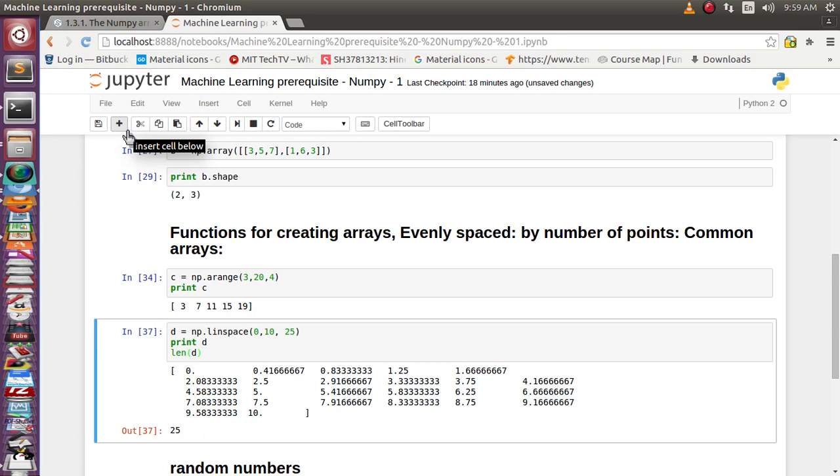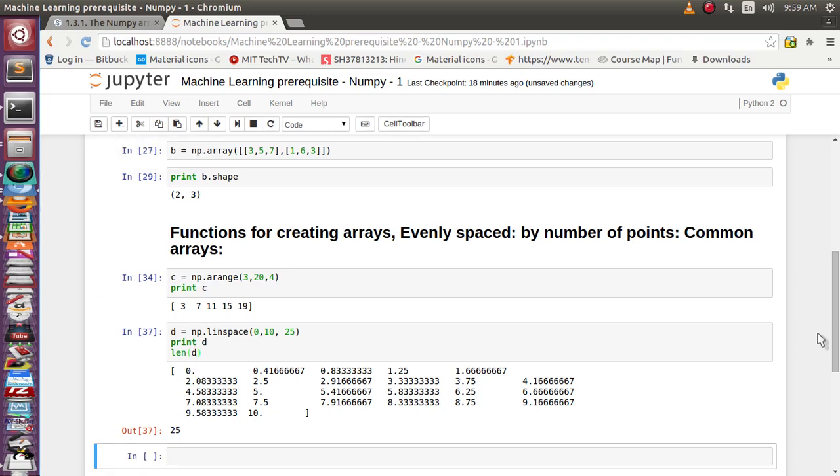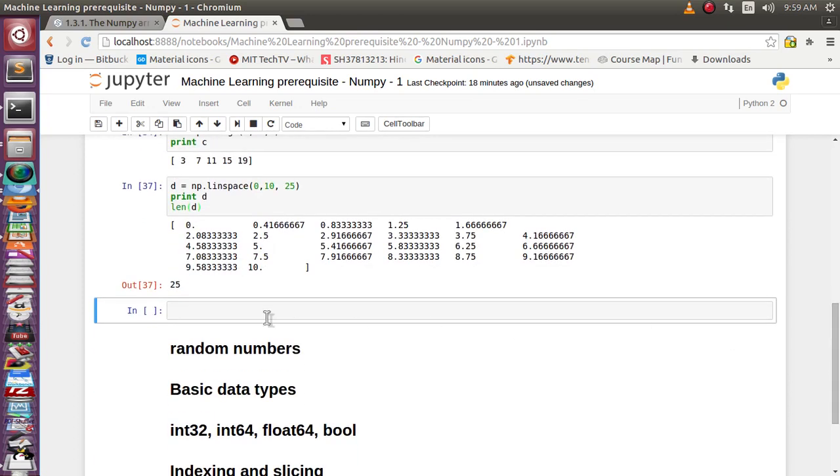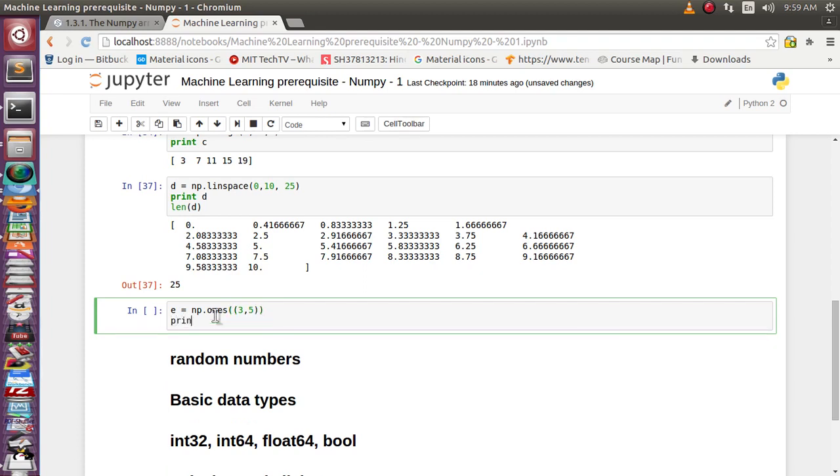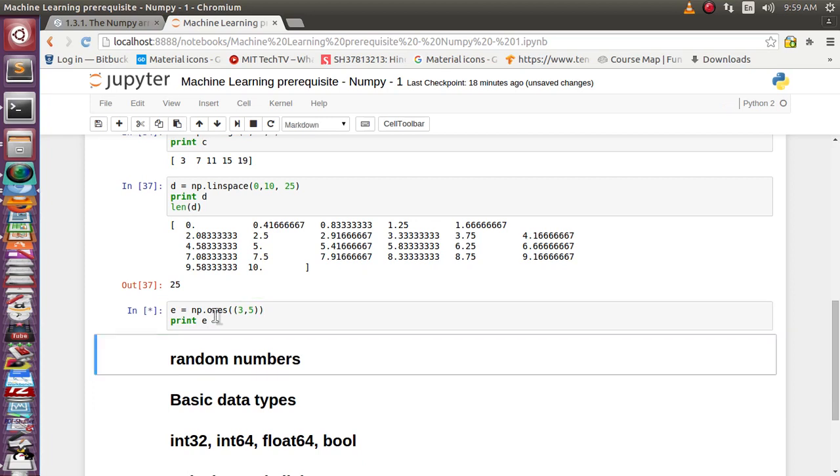So suppose you want to create an array which has exactly the same value. So let us see np dot ones. It will create an array of 3 rows and 5 columns, with all values being 1 only, and we will print e.